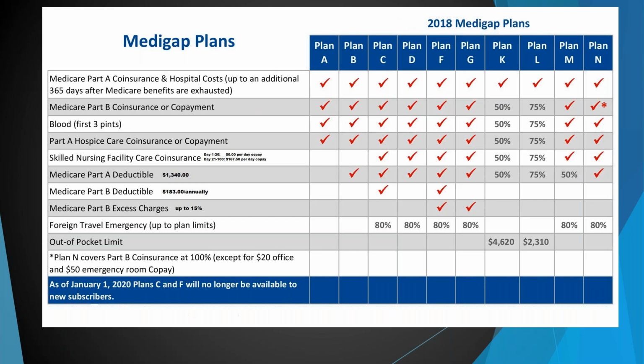You can go on to the Medicare website. Maybe I'll do another video on that. You can actually look up the doctor's name, and you can see next to the doctor if they take Medicare assignment or not. So if you have a client on the fence that says, you know what, N sounds good, but I don't want to be stuck with these 15% extra bills, who knows what that'll amount to, then you can just say, well, let's take a look at your doctors and let's see if they take assignment. 98% of the doctors do, but it's another layer of advice.